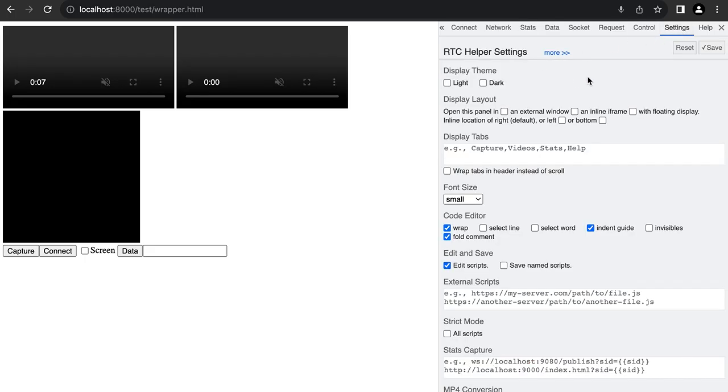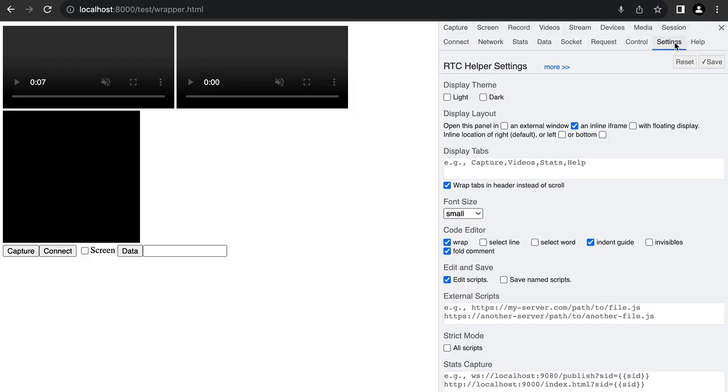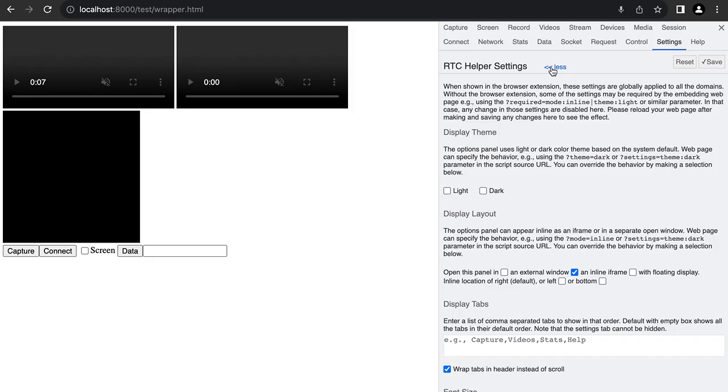Settings shows a number of other things that are useful. As an example, I typically do inline frame. So by default, this does inline if you do wrapper.html. I also like to wrap the tabs, so all the tabs are visible at the same time. And there are a bunch of other things that you can play around with. Most of these tabs, you will likely see more information about